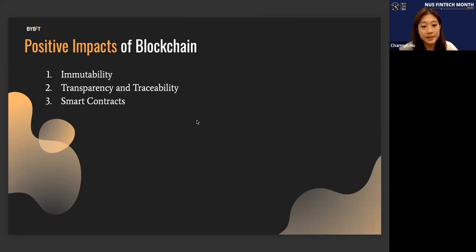And second is transparency and traceability. So blockchain networks record the entire history of their transaction data to point of origin, as we talked about previously. So all subsequent data points after are all recorded. Furthermore, everyone and anyone, not just those involved in the said transactions within the networks, will have access to these transaction data. So this is once again in stark contrast to traditional centralized databases.